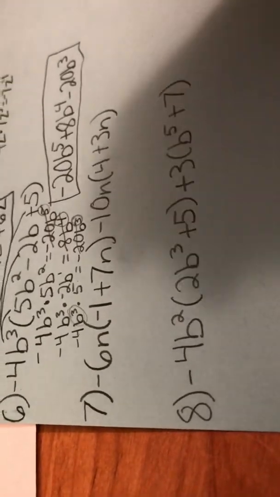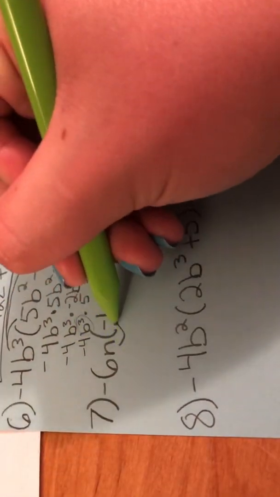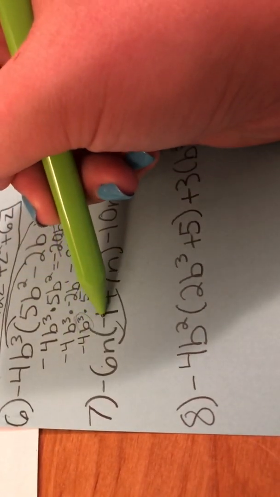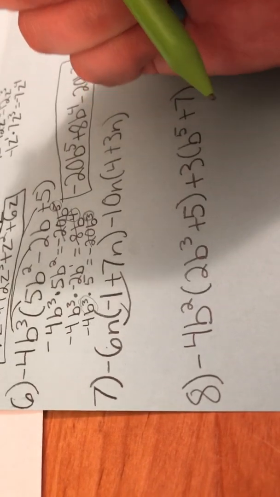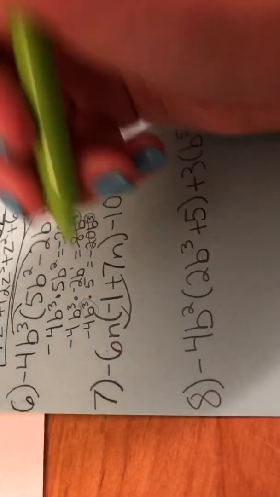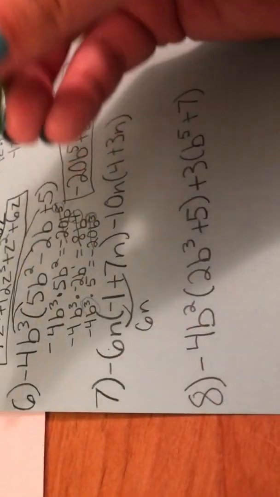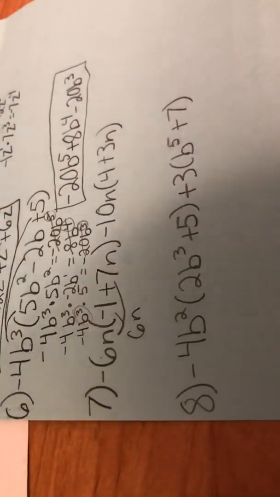So for number 7, we distribute. So negative 6n times negative 1. A negative times a negative is a positive. 6 times 1 is 6n. Then we have negative 6